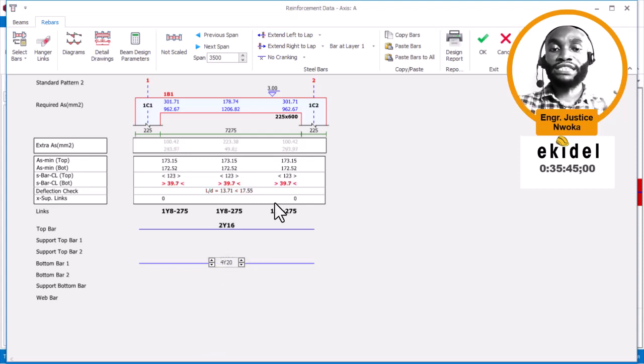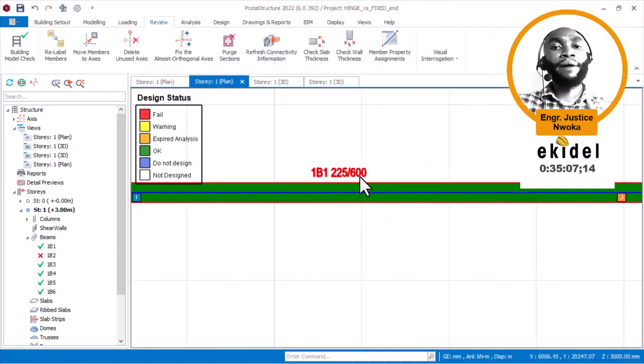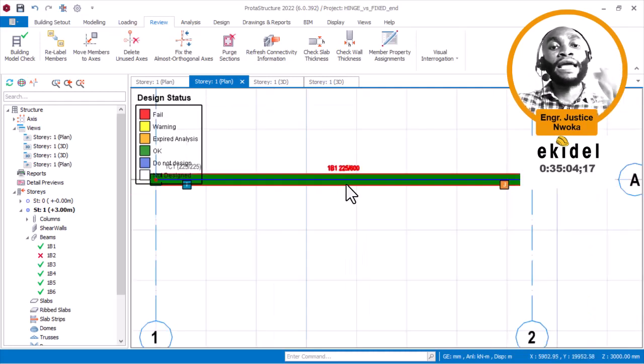So with this now, you can see that at the top here 2y16 and bottom is 4y20. Okay, and we have a column of 225 by 225 at the supports, and it is all okay. This other one here, I've already explained a lot, that once this place here is showing red, these two places that have less than or equal to sign, as long as the value is more than 20, it is okay. You can watch other of my videos and learn what I said about here. Okay, but for now, this is okay. We can now say okay here, that's fine. You can see that it is now green. Okay, now knowing that the bars that we have here at the top are 2y16 and at the bottom